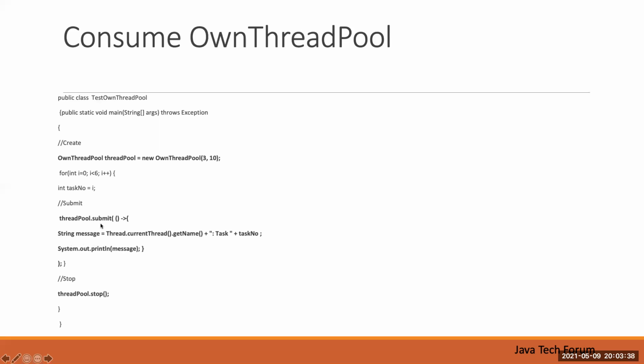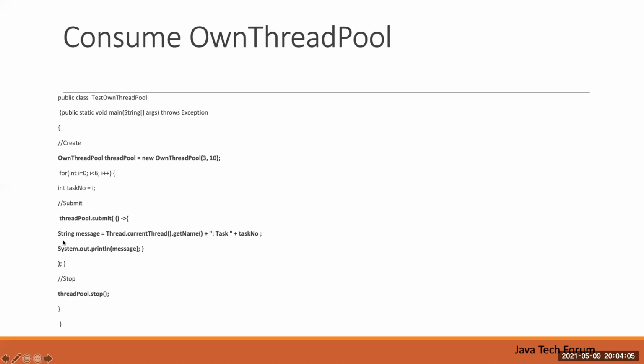Based on the structure of the submit method's input parameter, the lambda expression is converted to the Runnable implementation. What I'm trying to do is get the worker thread name and the task number. I'm passing the task number as an input value and printing it.